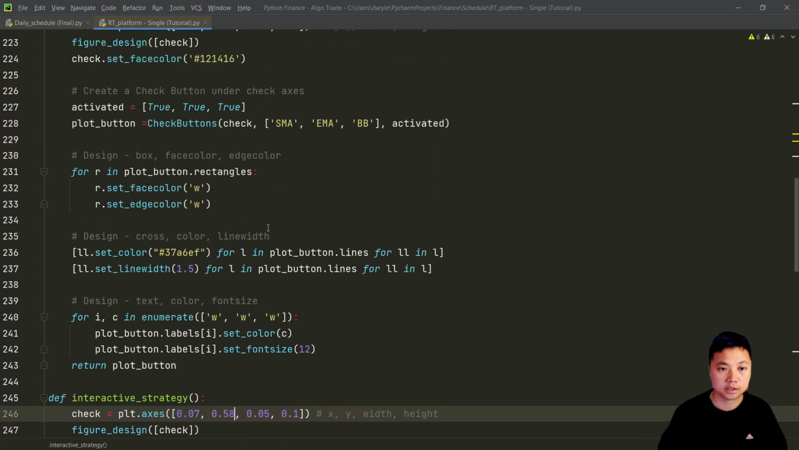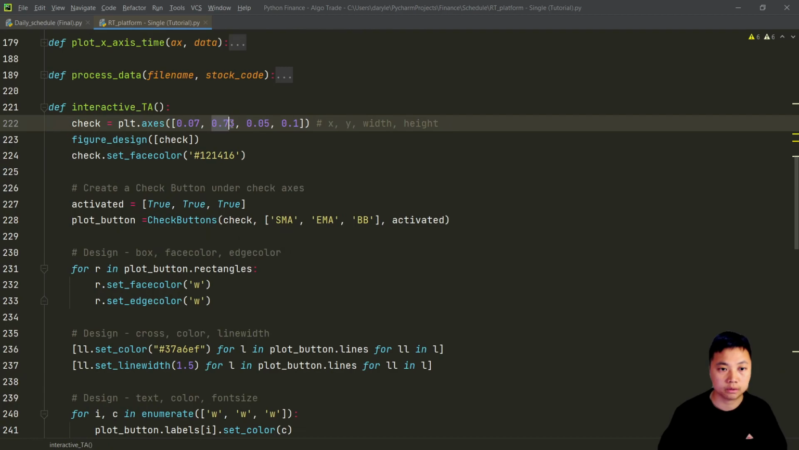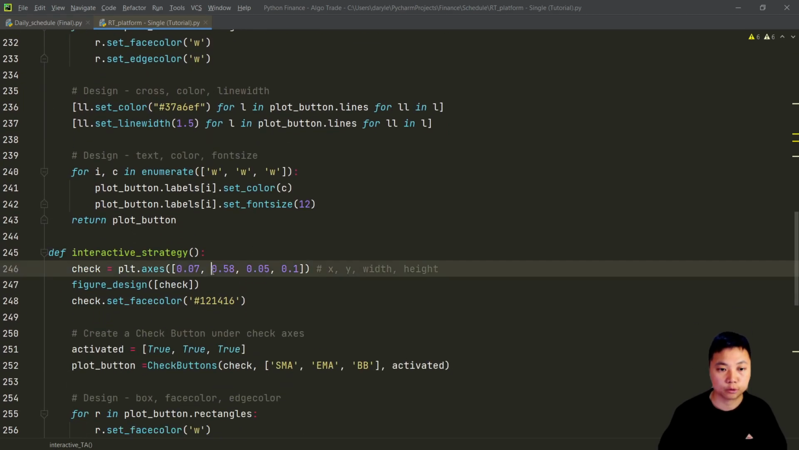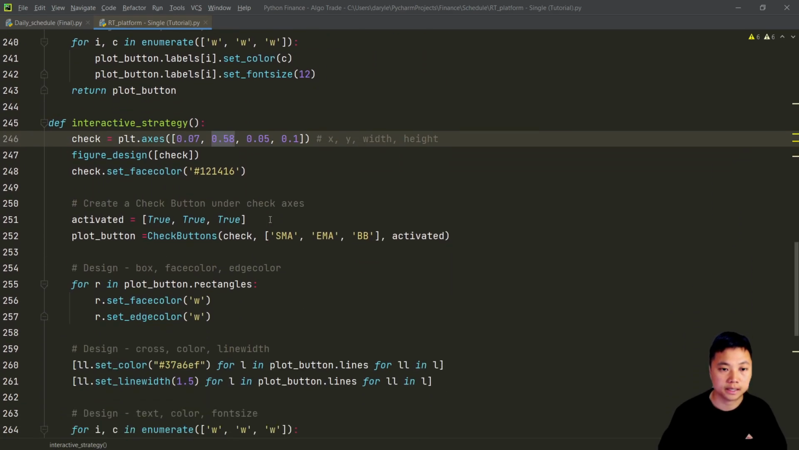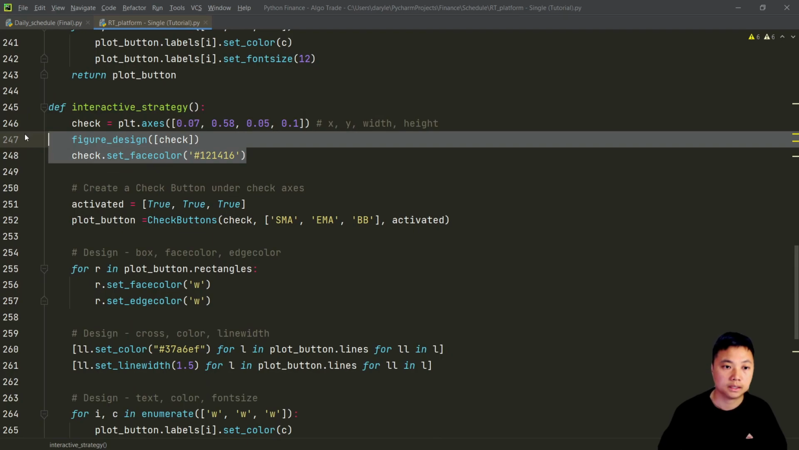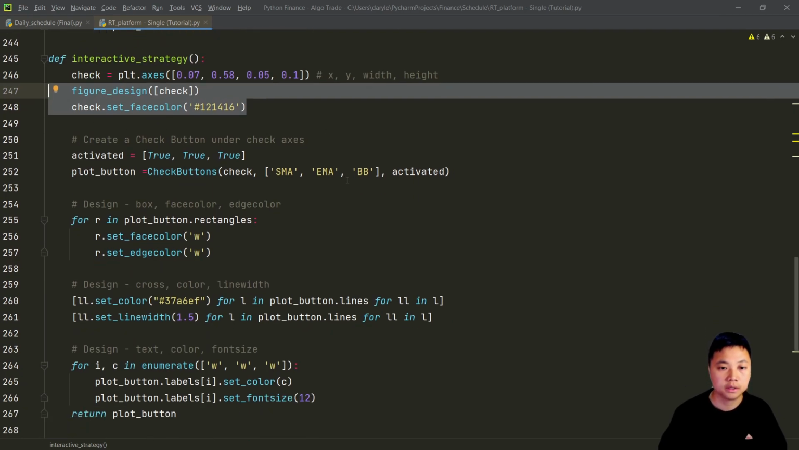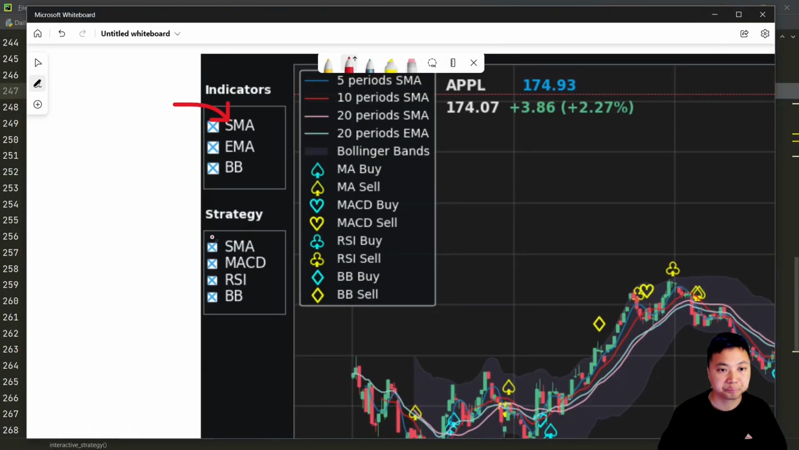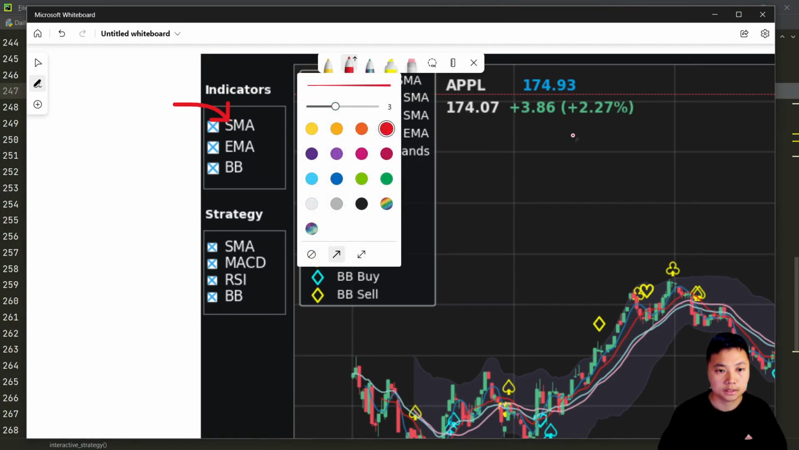So in that case, the original y-axis for the technical analysis is 0.73. I will just change it to 0.58. And then the figure designs and also the face color are exactly the same. I will just change that. And for the strategies over here, you can see